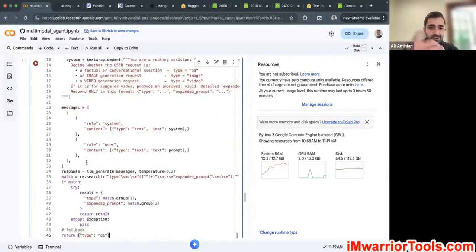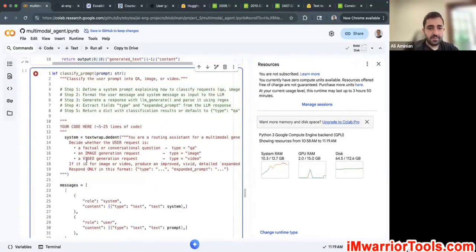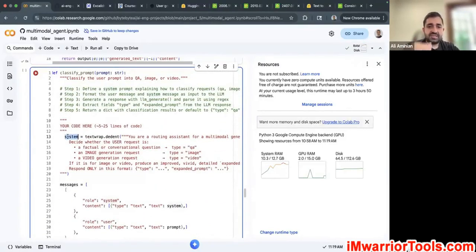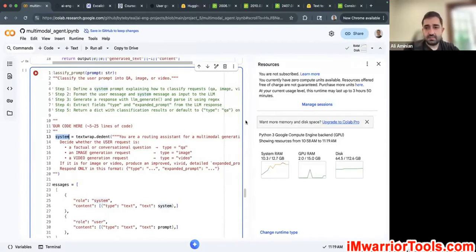Okay, it looks very long, but it's very simple. We create a system prompt, and then in the system prompt, we instruct a model, an LLM, what to do, what we want. And here we want to classify this prompt into one of the types, whether it's image, video, or text. So here I'm very clearly asking